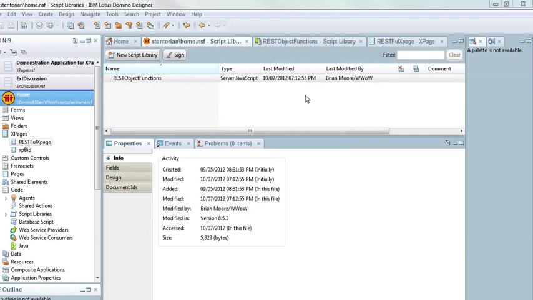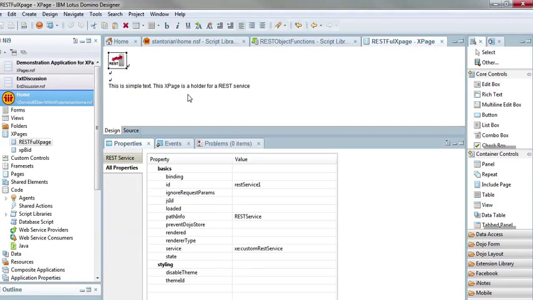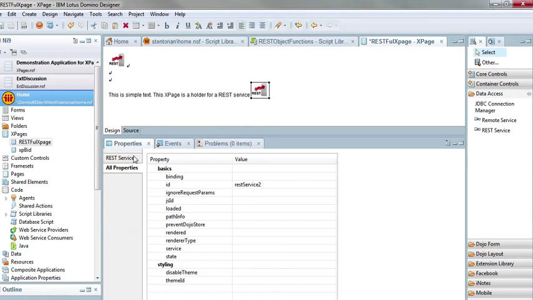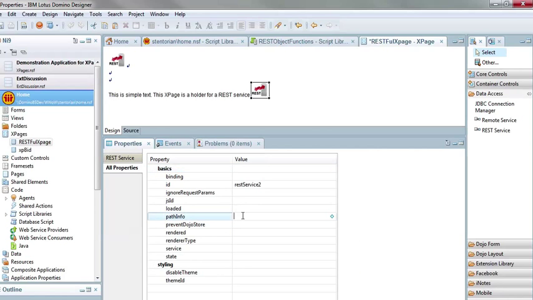So first, let's look at the XPage that we have with our REST control in it. So this is a simple XPage. It's got one REST control in it. And if we look at these, drag a new one over so we can look at it. It's very simple. We have an ID we put in there, or that is put in for us. The important part is the path info. When the URL is created for the REST service, it needs a path info for the URL to identify the REST service on the XPage. So we would give it the REST service name,